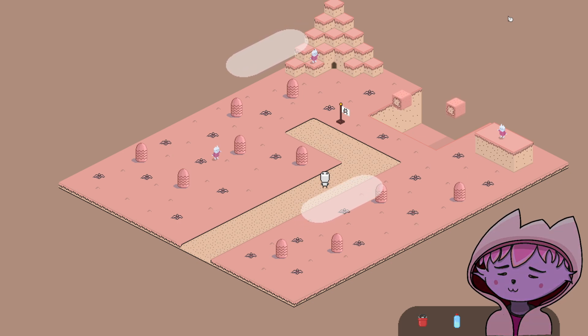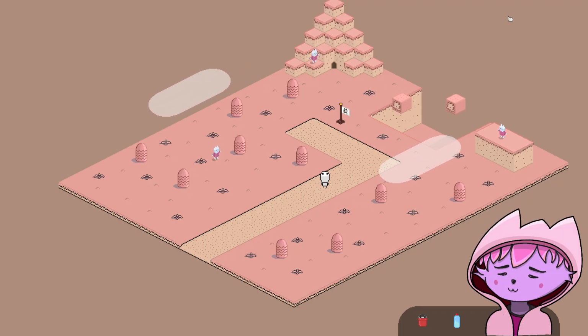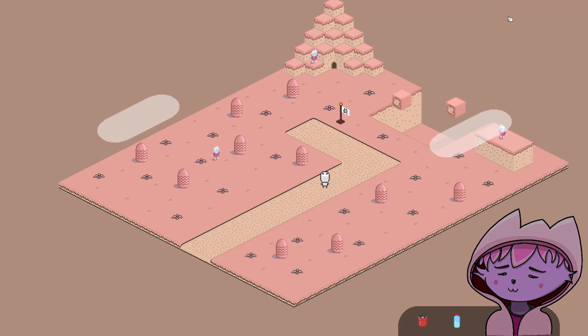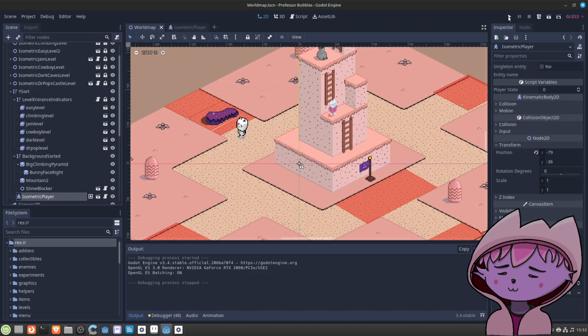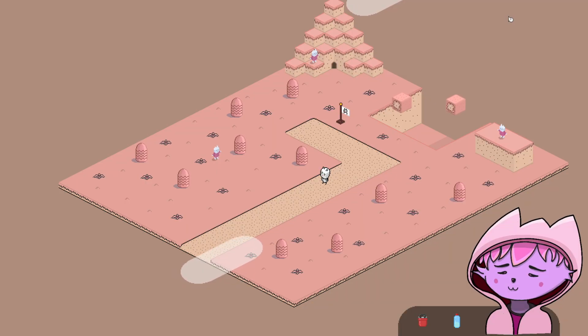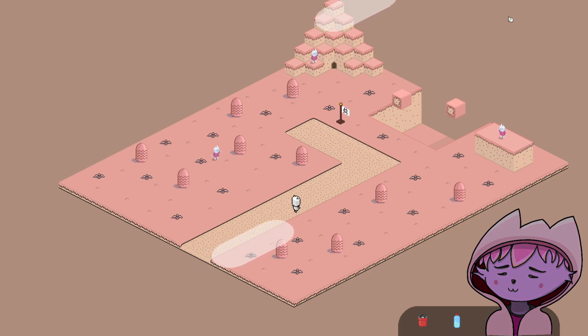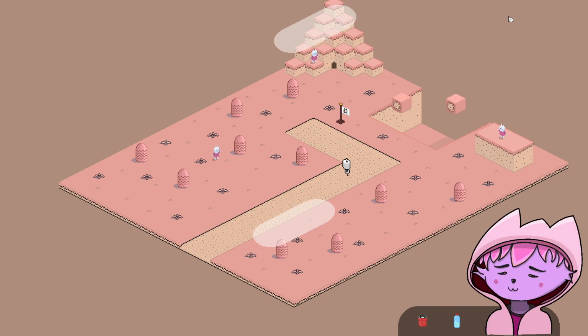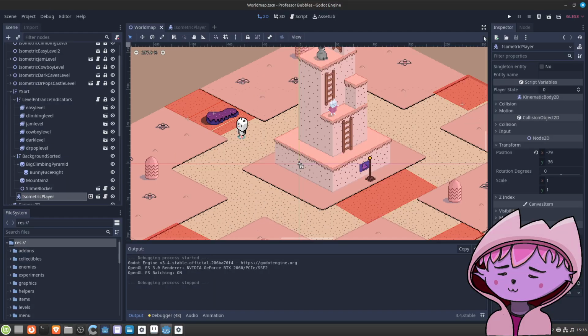I'm trying to move the character with my PS3 controller, but it doesn't seem to work. No, come on. That's strange. I mean, it's not that big of a deal.